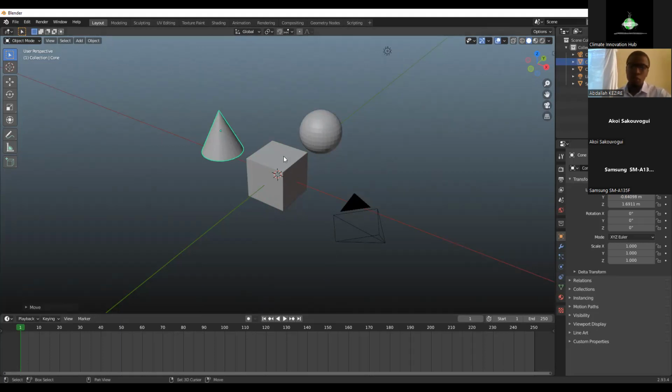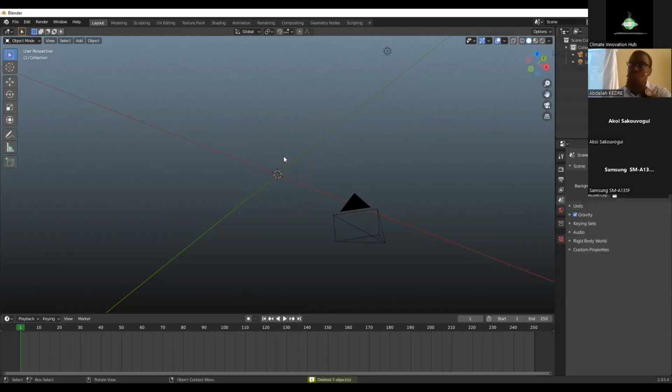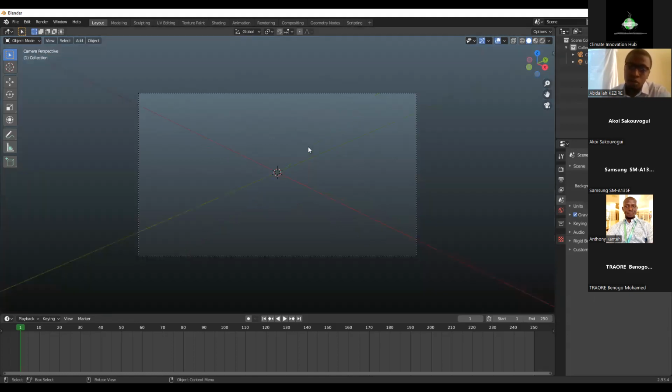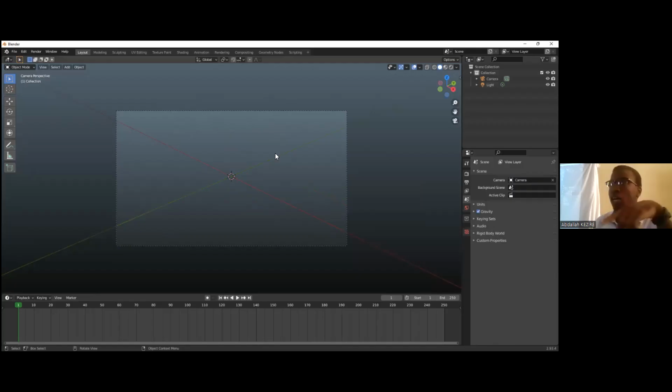Now, if you remember for the 2D software, we had a blue rectangle, and I said that the result of your work will be what you have inside that blue rectangle, right? In the 3D here, you have a camera, and what the camera is seeing will actually be your end result.